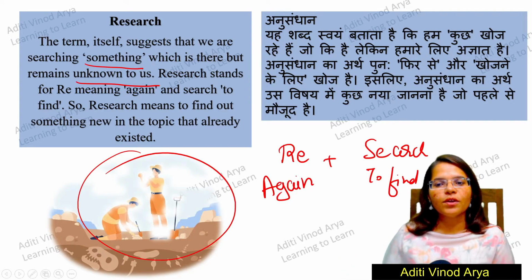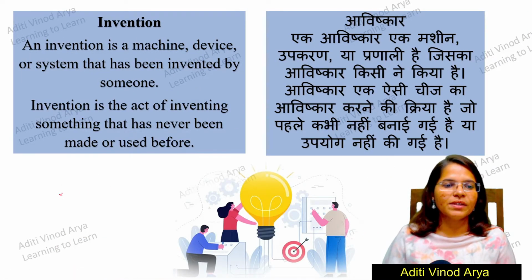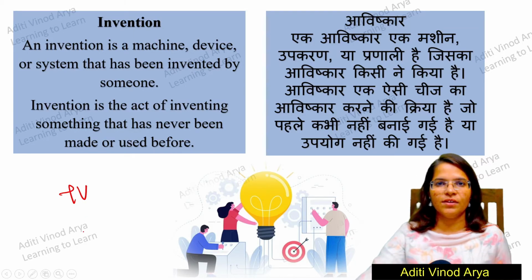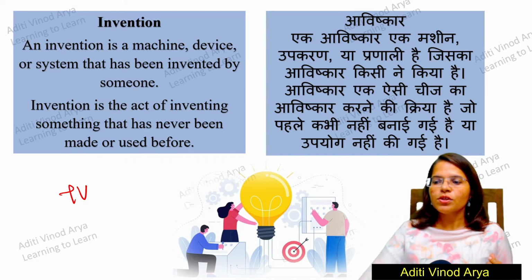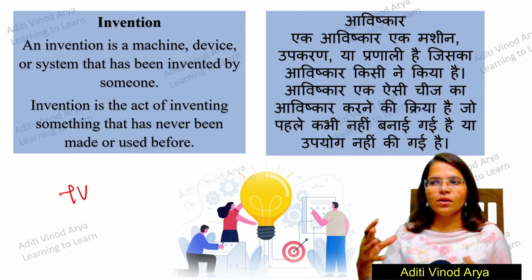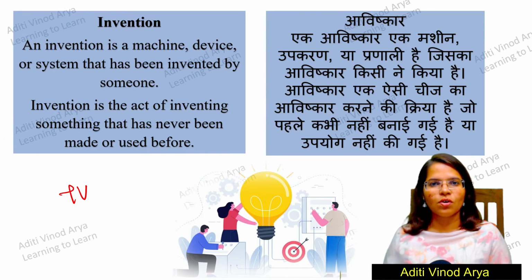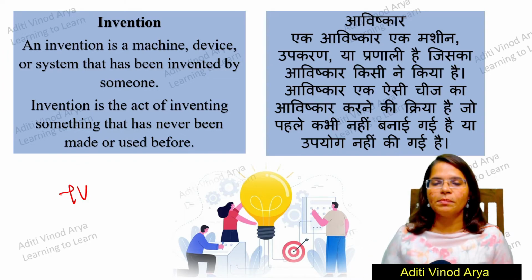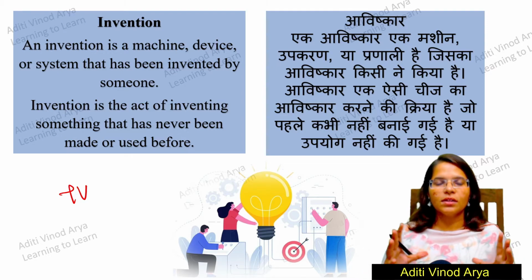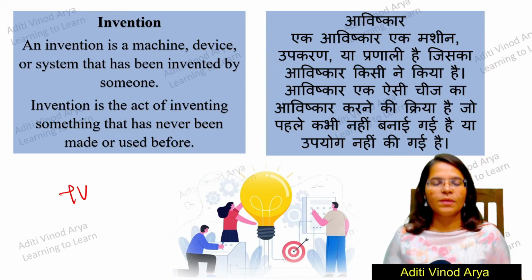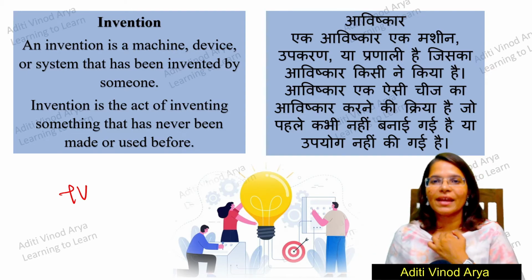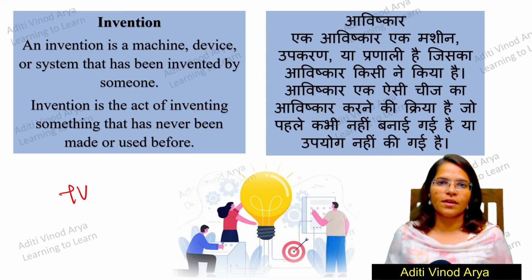But when I talk about invention, for example, a TV, this is a simple example, or a smartphone or a touch screen phone which I have right now in my hand. Did we find a TV in a rock, or inside a cave or something? No. Somebody tried to make a TV, and after multiple attempts, they actually made a thing called TV, which is an entertainment unit. In the same way, mobile phones or smartphones. Did we get the smartphone somewhere? No, we did not.